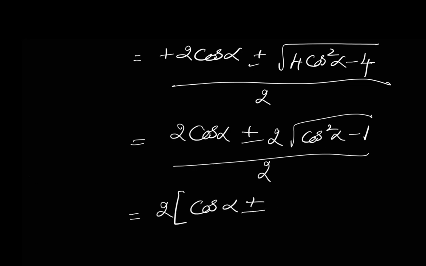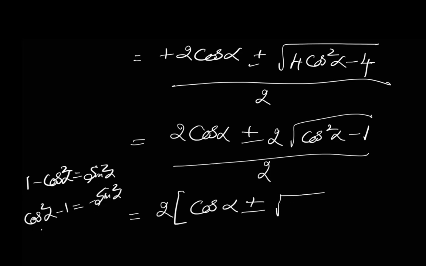See, we have the formula 1 minus cos squared alpha is sin squared alpha. So this is cos squared alpha minus 1, so here also you will get minus sin squared alpha. Multiply all the terms by minus, so minus times minus 1. So this is minus sin squared alpha, so root of minus sin squared alpha